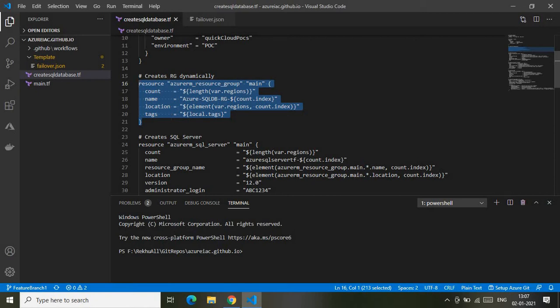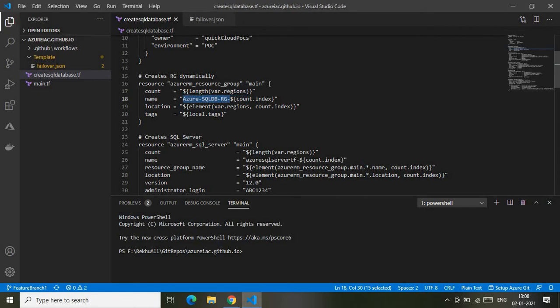So let me quickly walk you through that one as well. This is my keyword, azurerm_resource_group. That is the keyword, or the resource type, for creating the resource group. Again, this is my variable, and inside this curly bracket block, we are giving the required variables for creating the resource group. That is the name of the resource group. Again, the name of the resource group is dynamic. As you see, the first part of the name is static, and after that I'm just appending a dynamic variable.